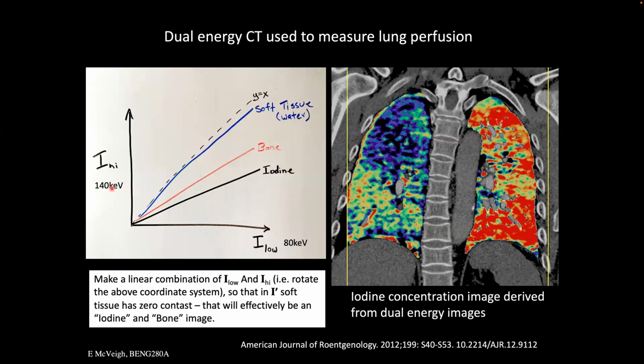And so you can arithmetically, algebraically recombine those two pictures such that the change in the high energy and lower energy for iodine and bone, say, are highlighted, and it gives you essentially a direct estimate of the amount of iodine in that voxel,